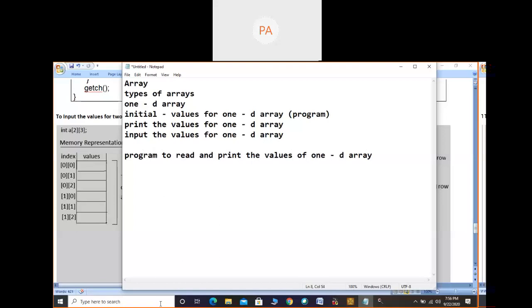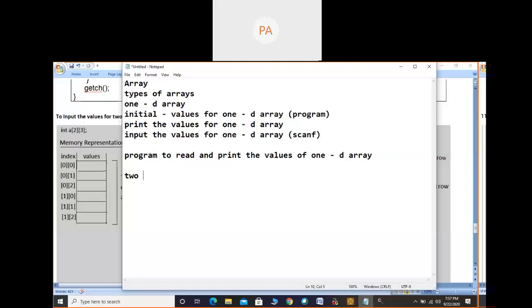So 1D array definition, syntax, one example giving initial values in the program itself and printing those values. Next is giving input values using the scanf statement, where we allow the user to enter the values. Next, one complete program to read and print the values for a one dimensional array. This is the completion of one dimensional array.